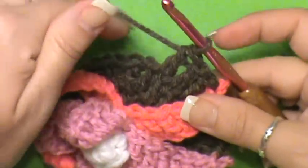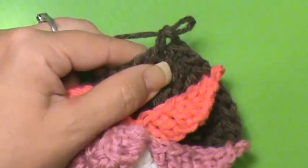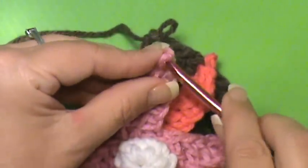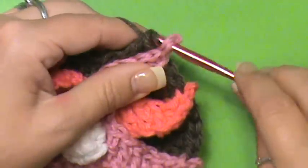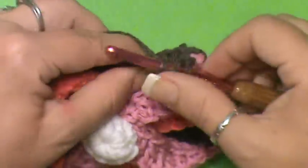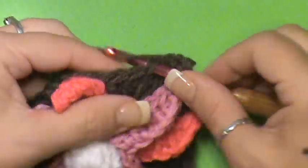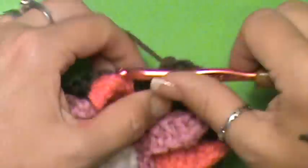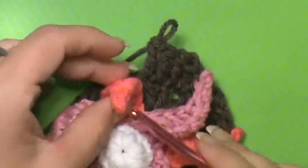Okay, so now we're at our corner. So you want to put the first double in there, drop the loop, and I did my flamingo. Now I'm going to do my lighter pink. Okay, so now we're just going to pick up the drop loop, pull through, chain 1, and double crochet back in the chain 1 space. Double crochet in 3 doubles. 1, 2, 3. Drop that loop, pick up the next petal,